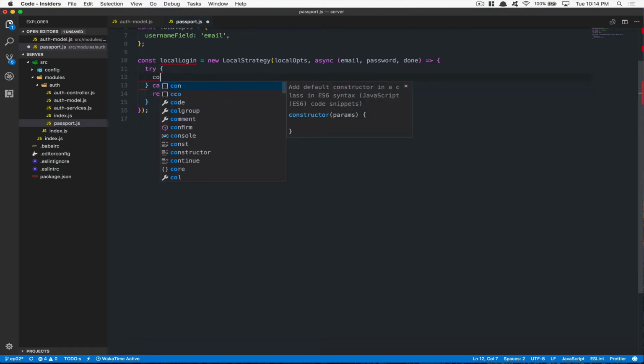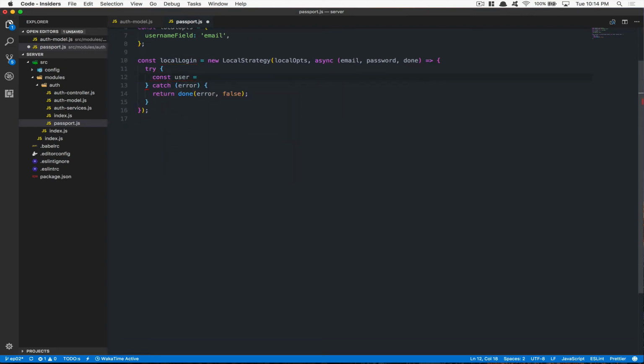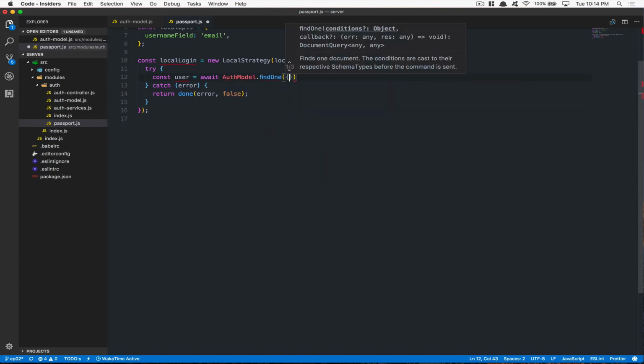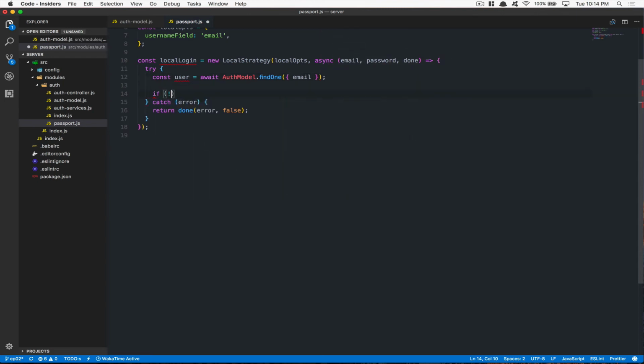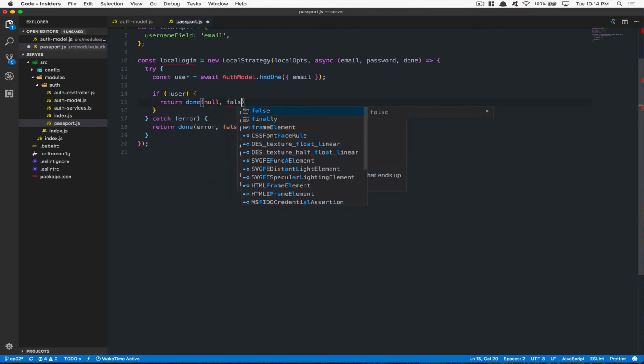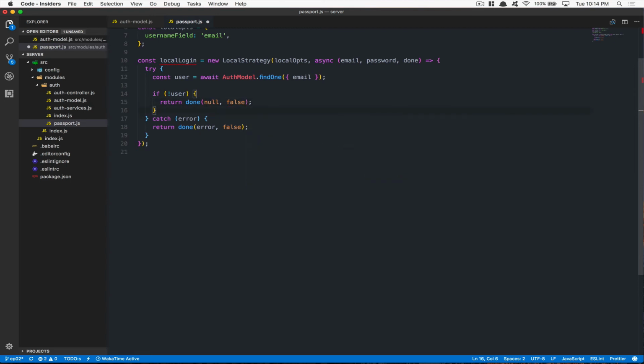Now here, the first thing is to find the user by doing await authModel.findOne, and I'm gonna search by email. So we're gonna find only one user. If we don't yet have the user, I'm gonna return my callback with no error, but still false. I mean, it's not there. We have no user with this email. Else, if